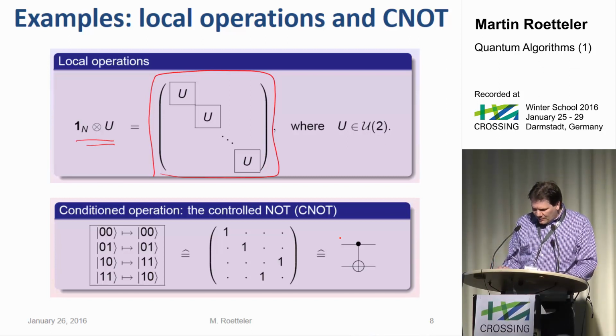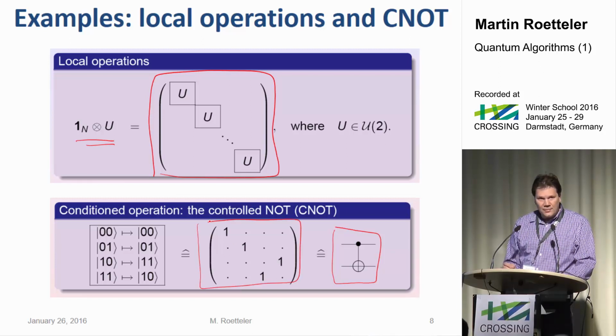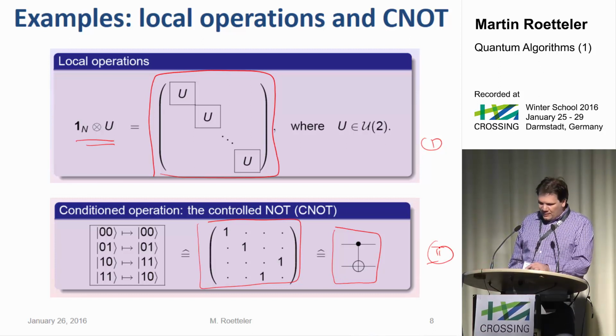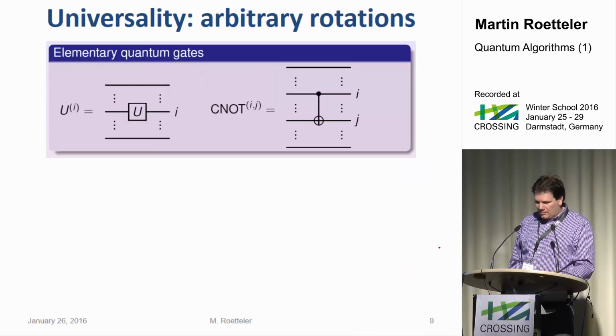So here's another operation. That's the so-called controlled NOT that we saw yesterday. It's a permutation. It acts on 2 qubits, and it has that matrix here. It cannot be written as a tensor product of local operators. And it turns out that if you throw these two ingredients, 1 and 2, together, you can, in principle at least, get any operator on n qubits, as a sequence of either CNOTs or these local operations.